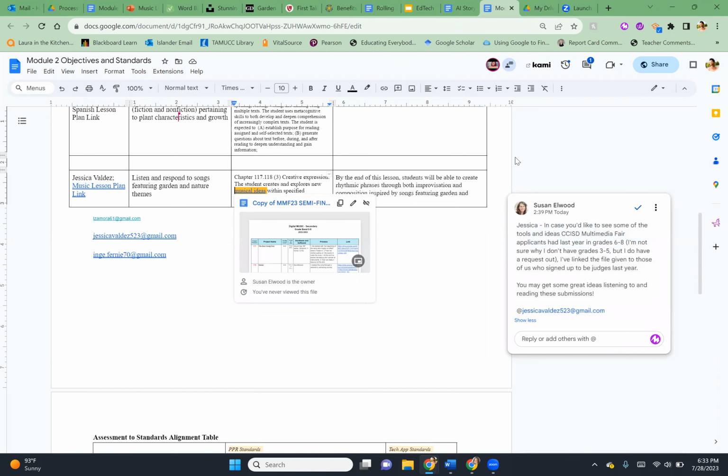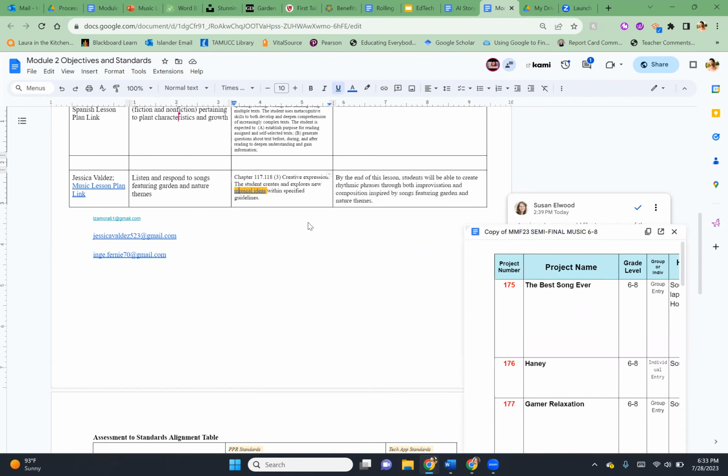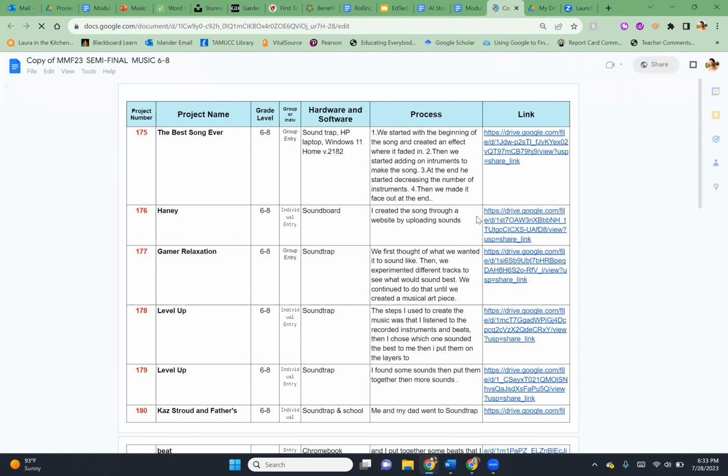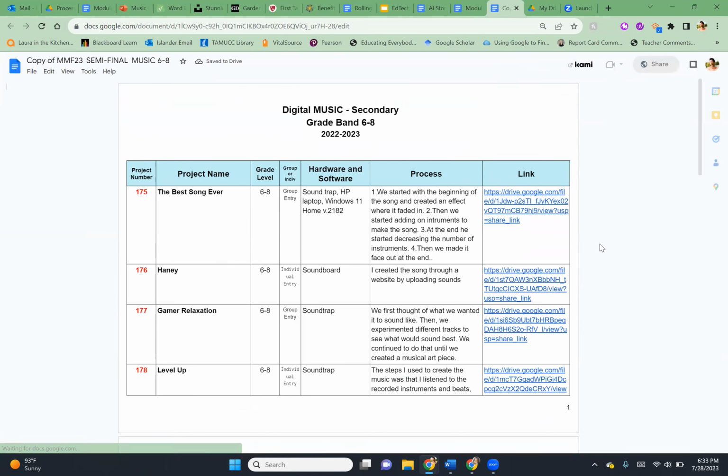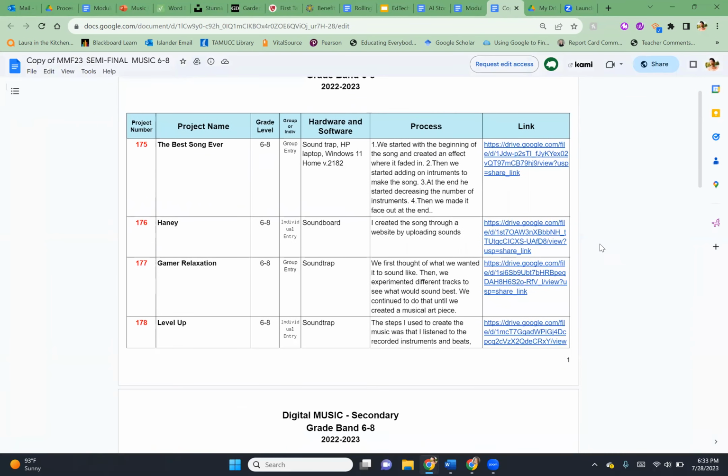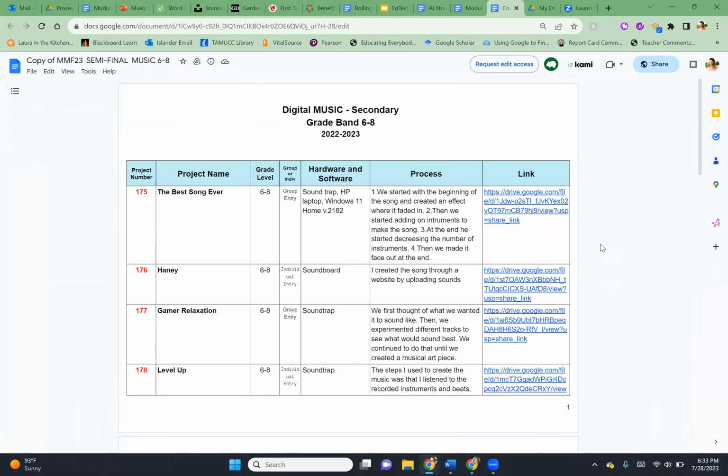This is grade level 6 through 8 that she gave me, but I'm focused on grade level 5, so I'll probably have to modify it. Oh, okay, yes, that makes sense. I just didn't understand the project name, but I do understand the hardware and software. Okay, so now I'm lost, what was your question? My question was I don't know what the project name was for, but then I looked closer and it had hardware and software.